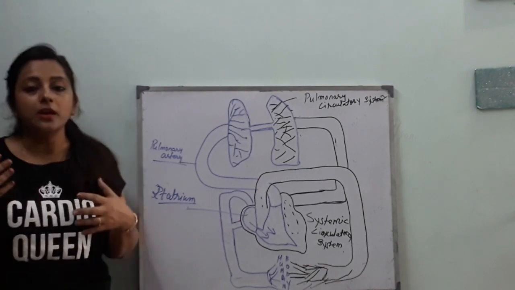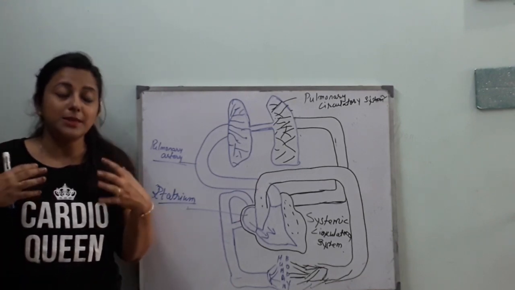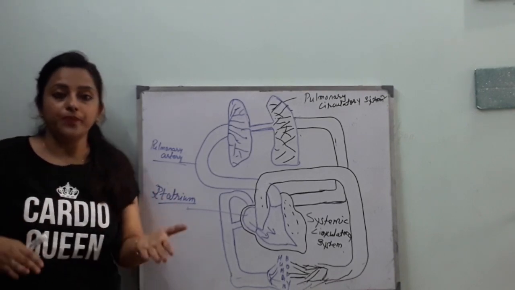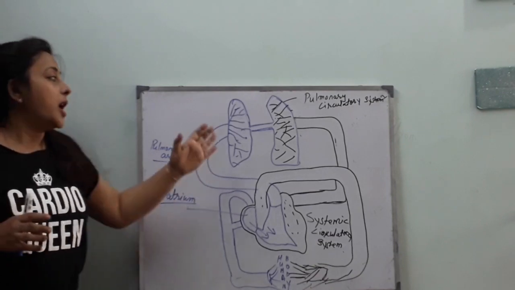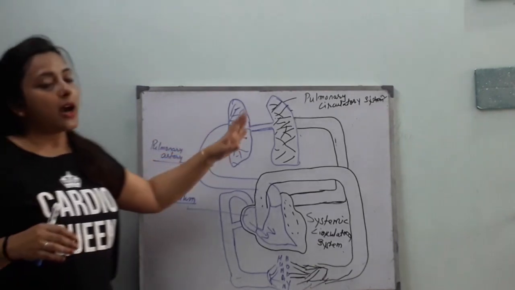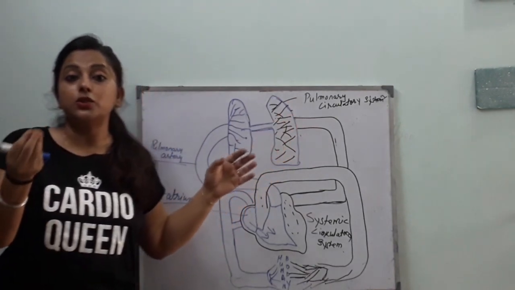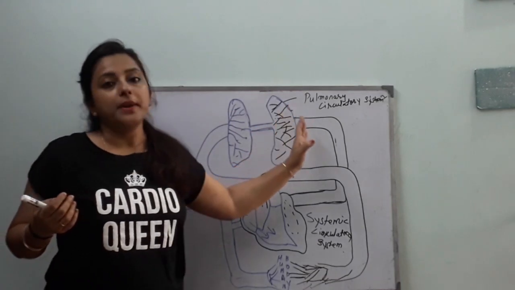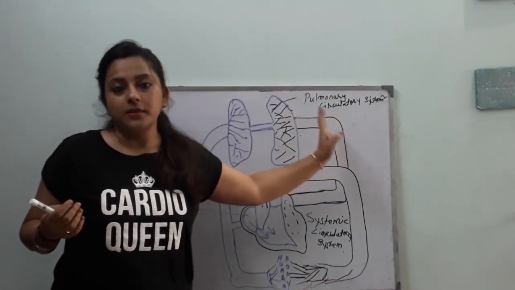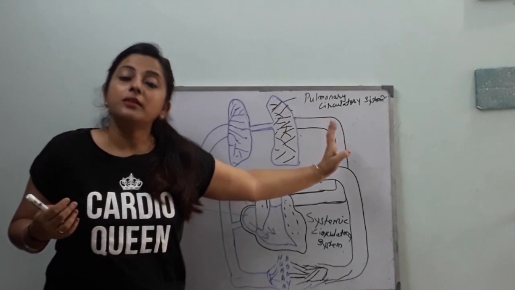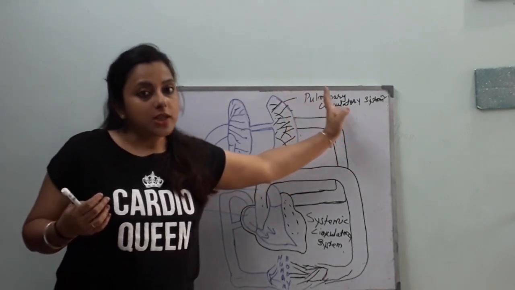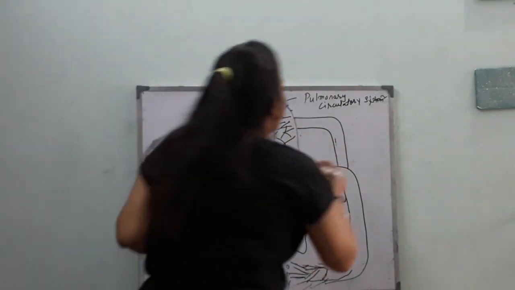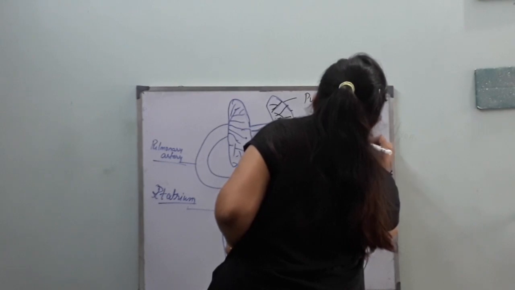Our lungs continue to be filled up with oxygen. It purifies our deoxygenated blood into oxygenated blood. Gaseous exchange takes place in the alveoli of our lungs. After gaseous exchange, the blood is mixed with oxygen, and this oxygenated blood travels through the pulmonary vein. This is the pulmonary vein.